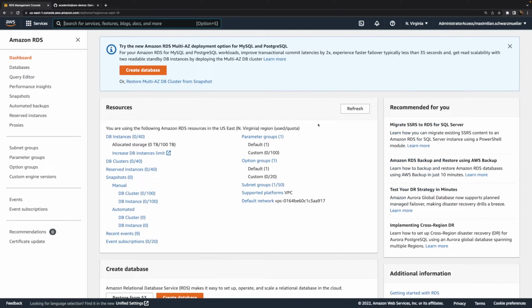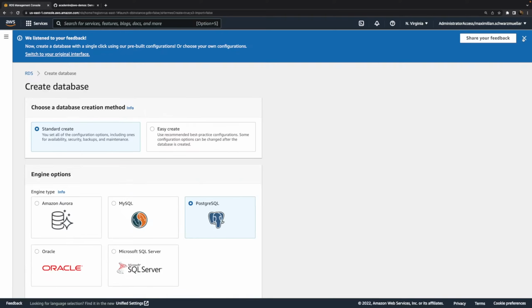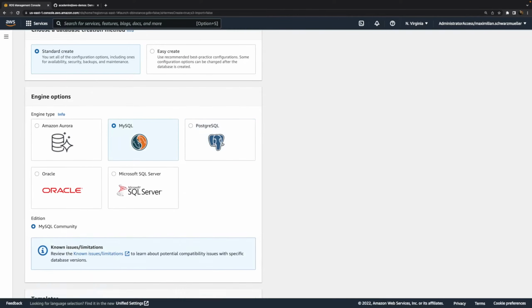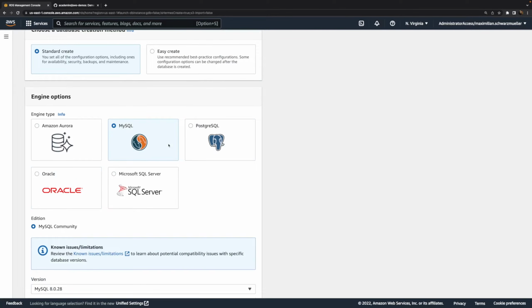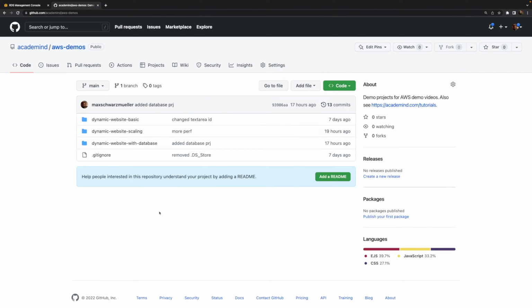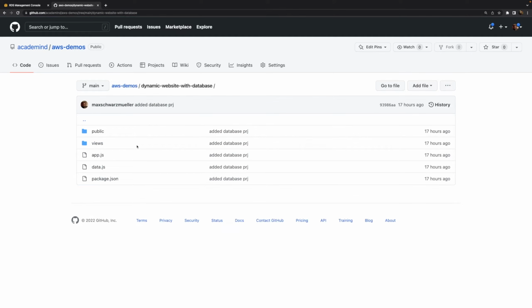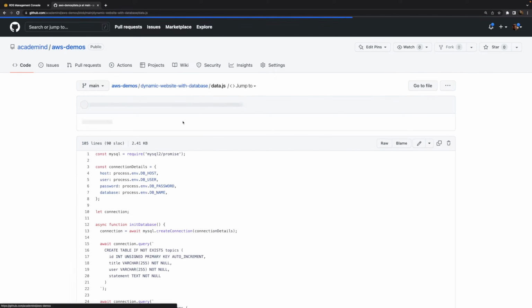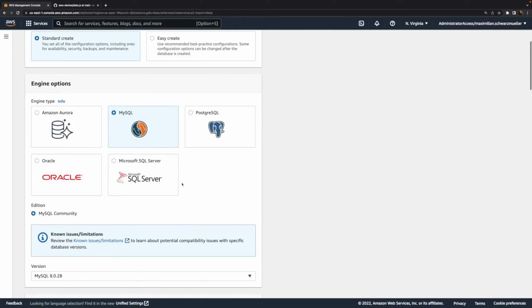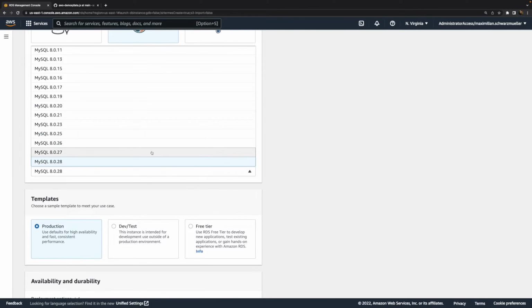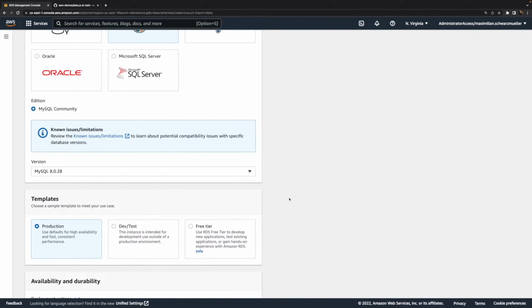From inside this services page here in the management console, you can easily create a new database by clicking that button. And then you can choose which database engine you want to use. And since this is the relational database service, we got a couple of relational database engines here to choose from. I'll go with MySQL because this app which I prepared here actually uses queries that work with SQL and uses a package that expects to connect to a SQL database. Now, once you chose your engine, you also have to choose the version of the engine you want to use, and here I'll use the latest one.